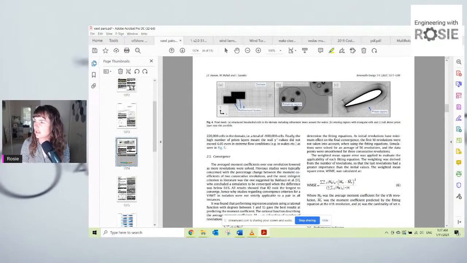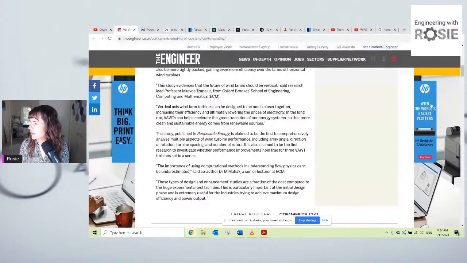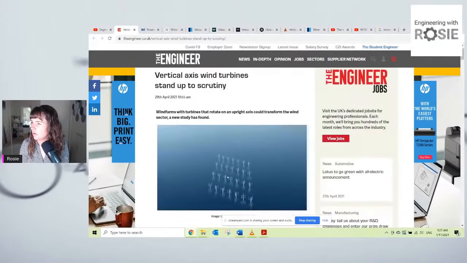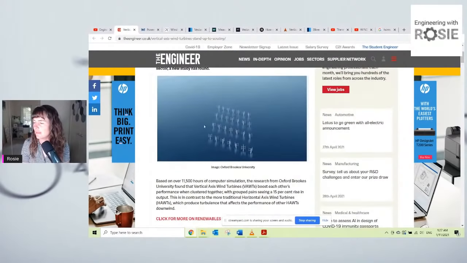These two pairs, but then when we go to the articles, we've always got this image of a whole 3-dimensional wind farm. It's just a computer image. Maybe it looks like it really exists, which is misleading, but more misleading is the fact that they never studied a whole wind farm like this in 3-dimensional, and they never validated it against even wind tunnel tests, let alone real world